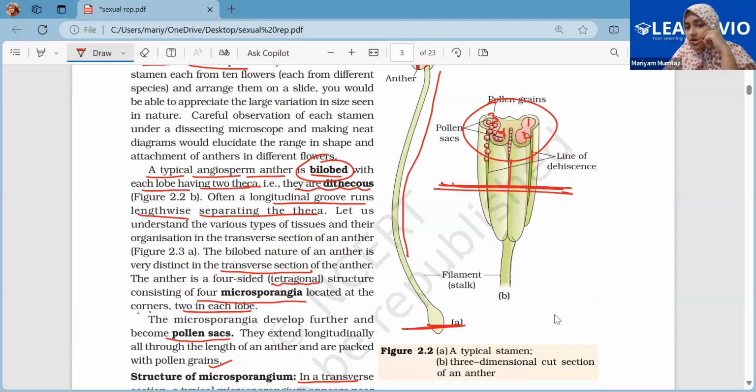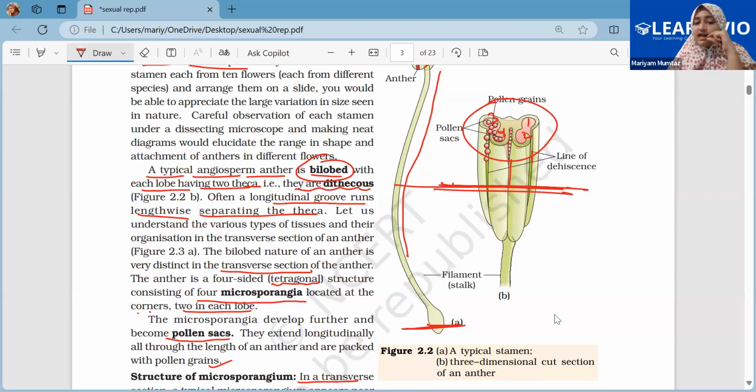But this line that I've drawn, we have cut it in a transverse section. A longitudinal section means cutting it like this, but a transverse section is taking a blade and cutting it like this. Just like how we crack an egg in the middle, right? And then you have two halves. So just like that, if you cut an anther, then the two halves would give you the transverse section of it. So inside it, there are four sides. That is why it is tetragonal.